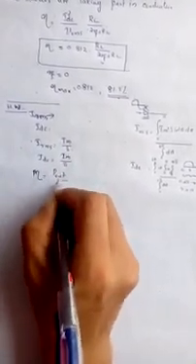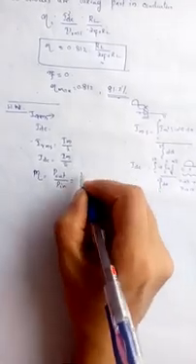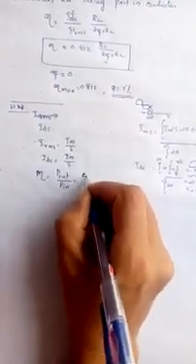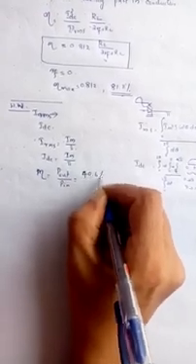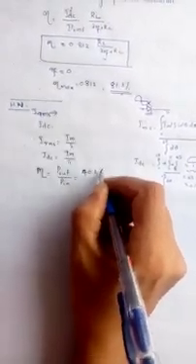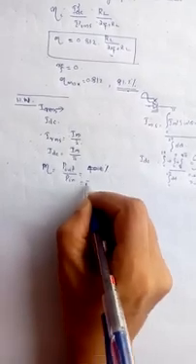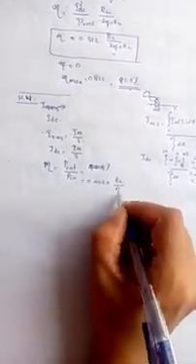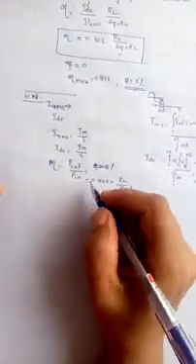Now substituting in the expression for efficiency, P out by P in, you will get the maximum efficiency as 40.6%, or 0.406 into RL divided by RF plus RL. That is the value of the efficiency, which you have to work out as an assignment and submit in the next class. Okay.